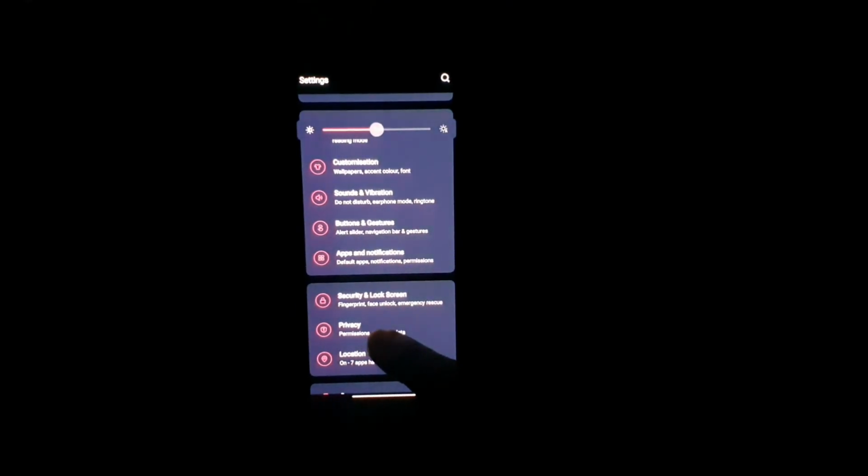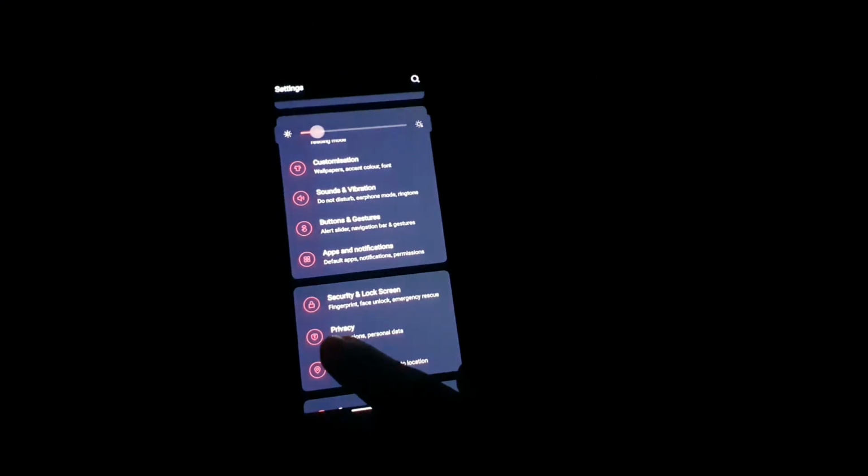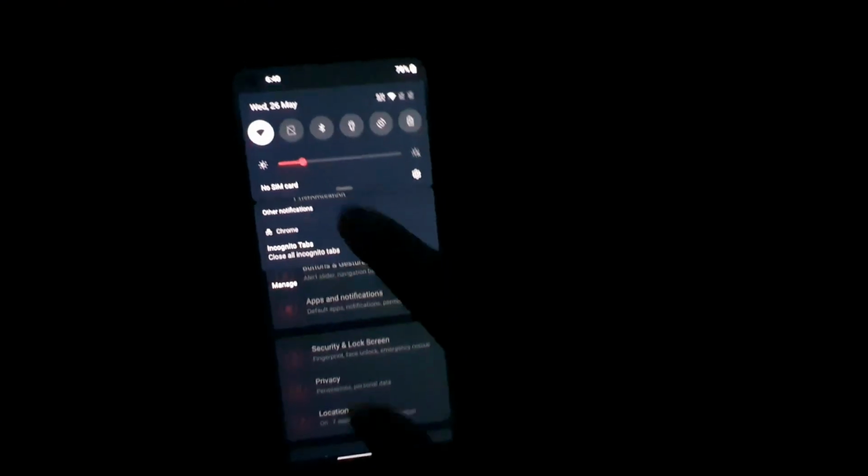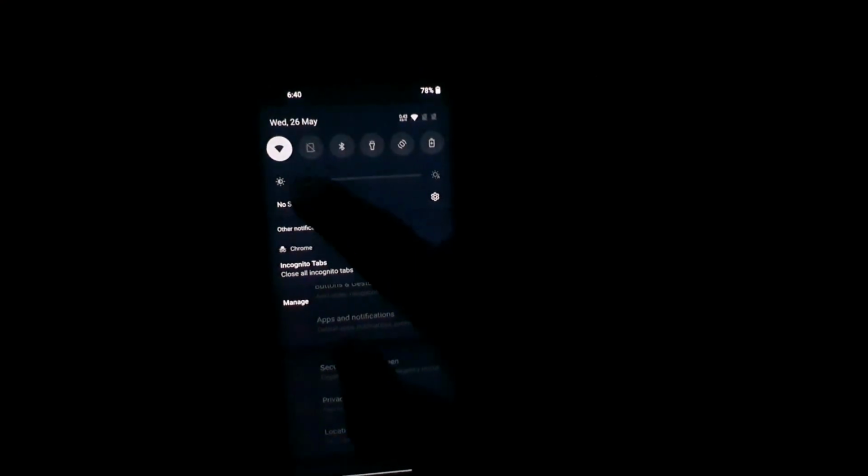These are the settings applications. Sometimes some people say that in the settings application it is kind of a green tint. So let me try to increase and decrease the brightness and see from a different angle, so maybe you might be able to see some different issue going on. Make sure to comment below, friends, in case you felt any kind of difference. Let me check the notification as well, on the top of the notification.